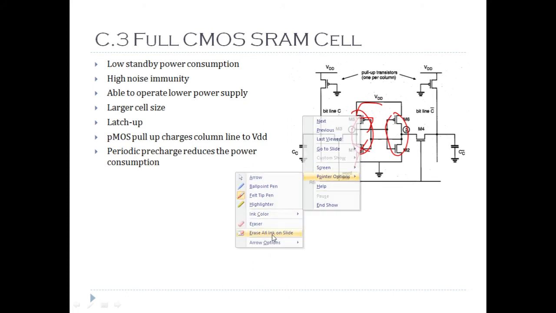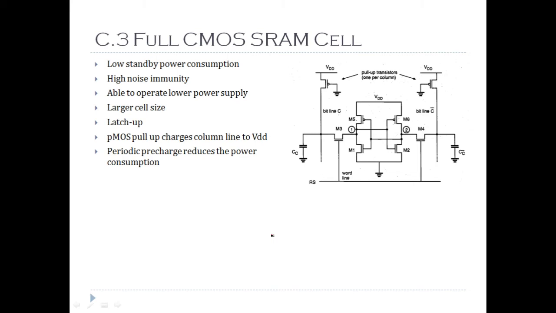Whether it is storing 0 or 1, one of the transistors in both of the branches is always off, so there will never be a path from VDD to the ground. So there won't be any static power consumption, so there won't be any dissipation of power. If at all there is a dissipation of power in standby mode, it is because of the leakage current, and that too specifically through the PMOSes.